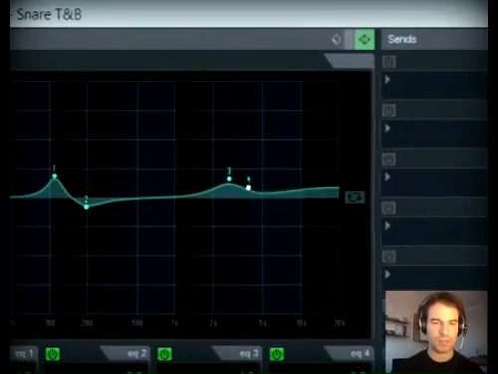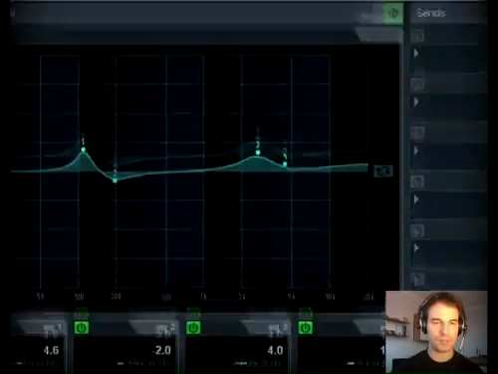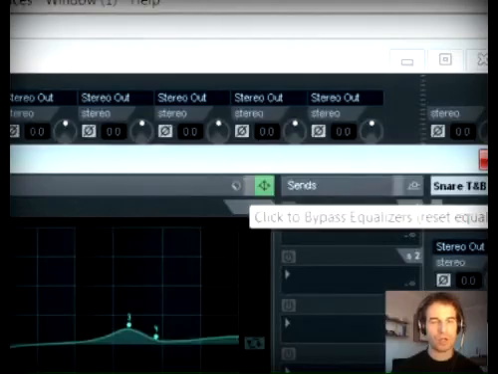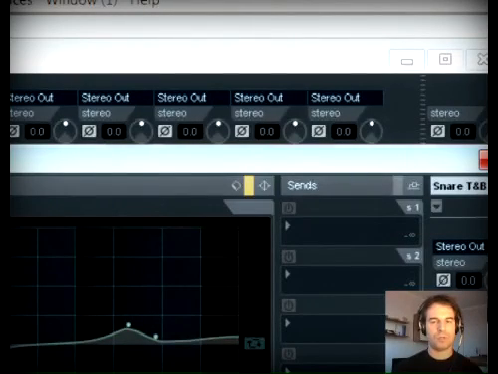And we can add the top end as well a bit. It depends on the mix. But if you now turn off, you will hear how the sample sounds. And with the EQ,